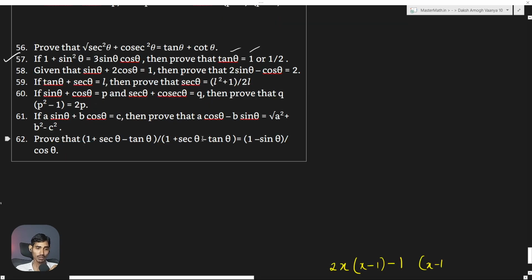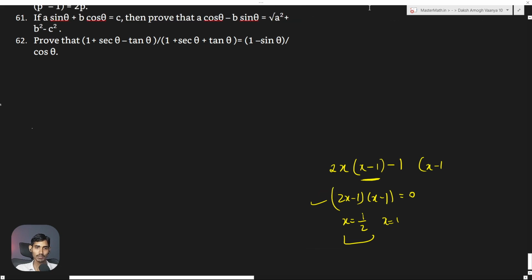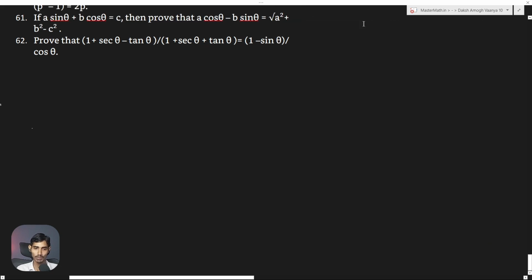Oh, one thing I forgot. This is plus tan theta. Okay, I would help you with this. So we have this 1 plus secant theta and one plus